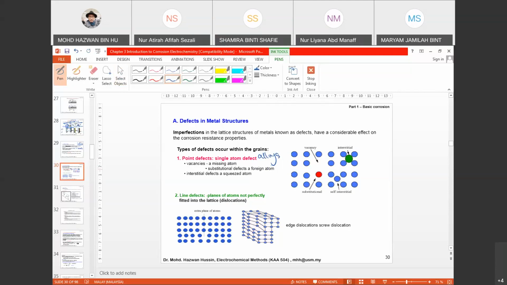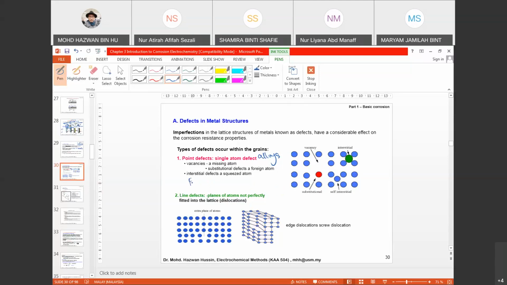Why do I think point defects normally occur for alloys? This is actually due to the fact that when you introduce another element into the lattice, it can be either interstitial or substitutional. If you have learned materials chemistry, because I'm teaching materials chemistry for undergraduates, we have this term,